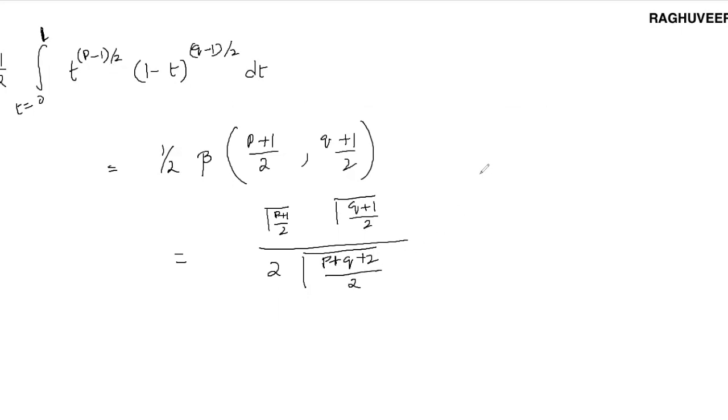Yeah, using beta m comma n, which is equal to gamma m gamma n by gamma m plus n. Okay,